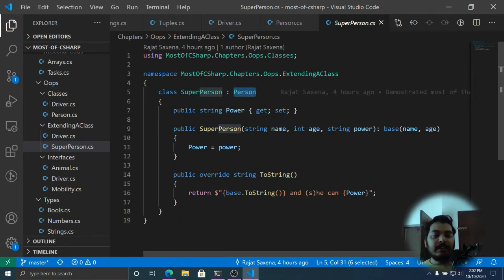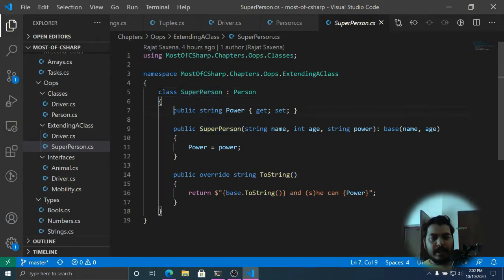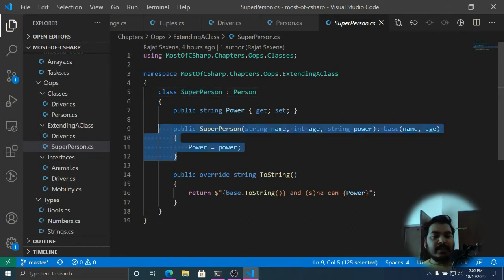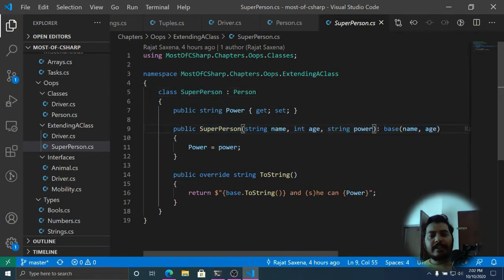It's a child class. This is the notation, and here you can say again this is a property, and it is also going to get two more properties from person, name and age. So in total this particular class has three properties. This is the constructor again. Now an interesting detail about the constructor here is this part. So basically we are taking in three inputs, name and age and power, because we want to initialize three things: name, age and power of this super person.